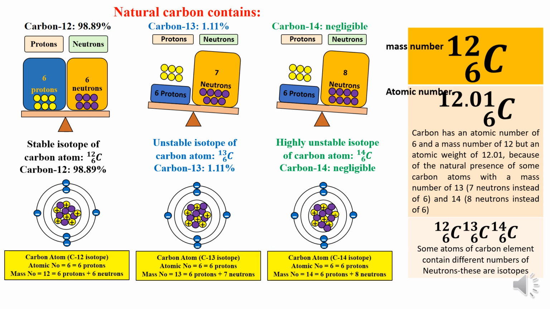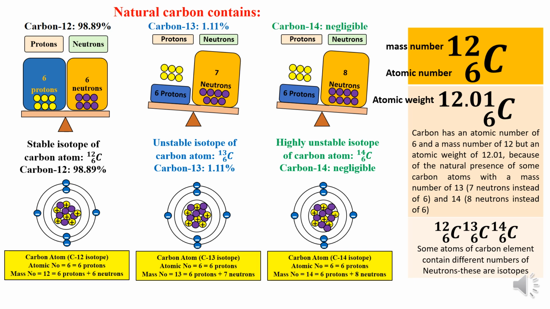So now you know the meaning of mass number, atomic number, and the atomic weight or the relative atomic weight. Carbon has an atomic number of 6 and mass number of 12, but an atomic weight of 12.01 because of the natural presence of some carbon atoms with a mass of 13, that is 7 neutrons instead of 6, and 14, where you find 8 neutrons instead of 6. So it is because of the contribution of these three different isotopes of carbon